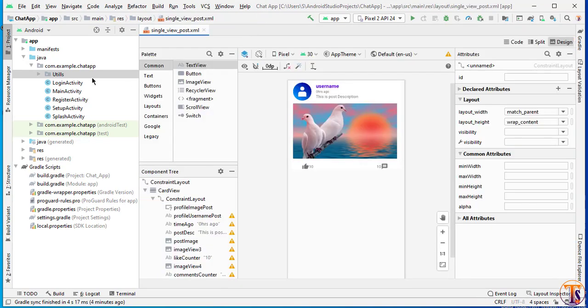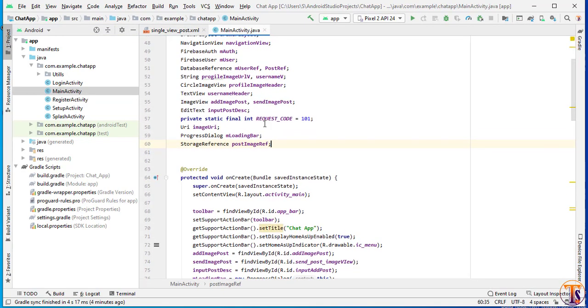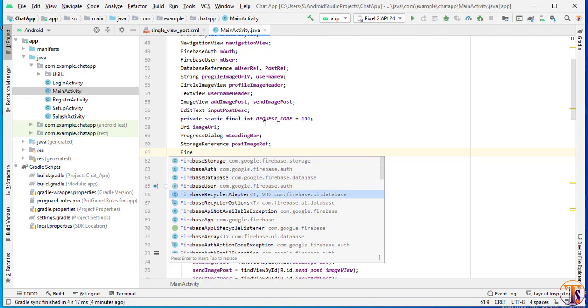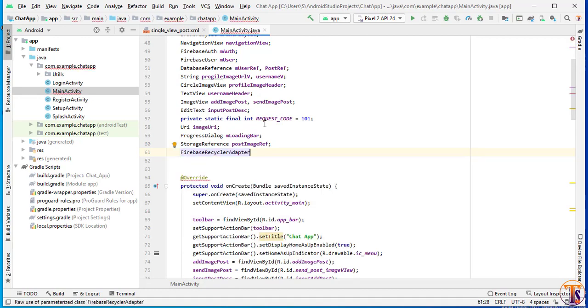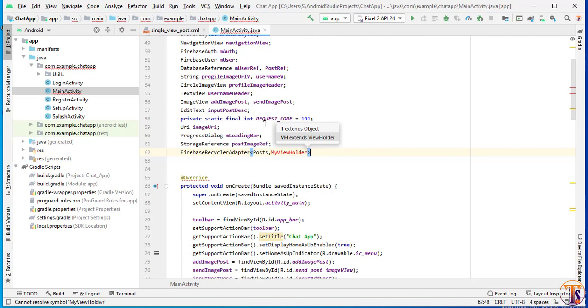So now we will go to our main activity and initialize our Firebase UI recycler view. So FirebaseRecyclerAdapter. Here we will pass two parameters. First parameter is our Post class and second parameter is MyViewHolder. So I will create my view holder and call it adapter.